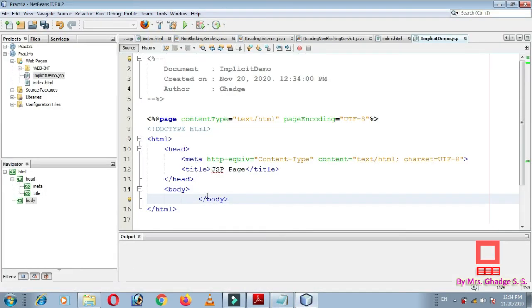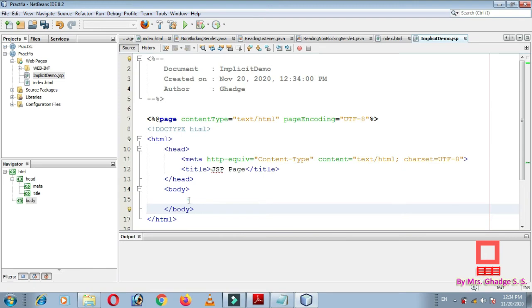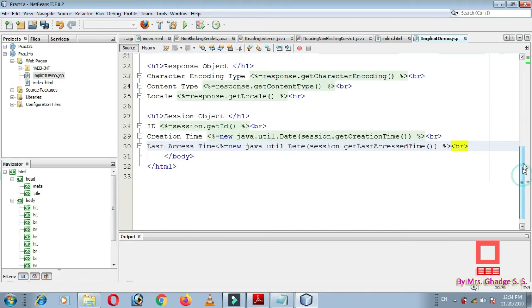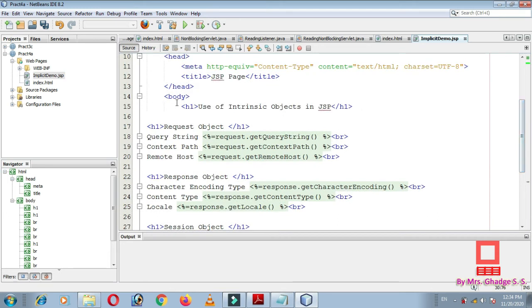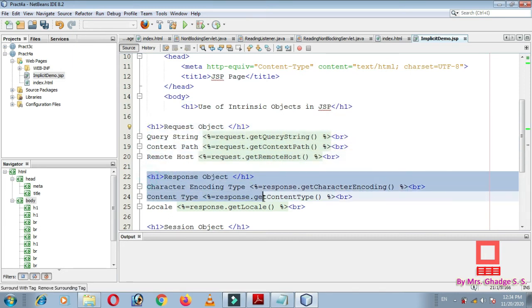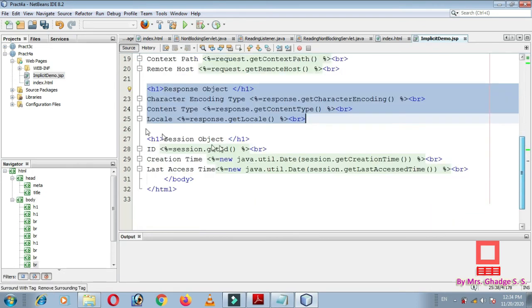I just copy it here. So here it is. The first line is use of intrinsic objects in JSP, and then all the objects, that is the request object and its methods, then the response object and its methods, and the last one is the session object.